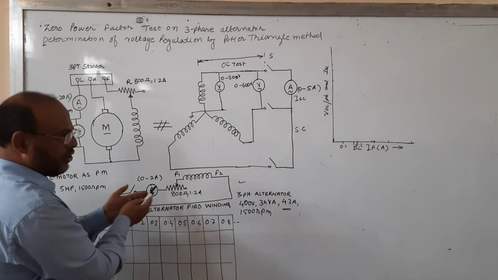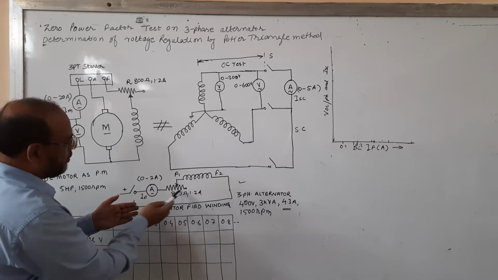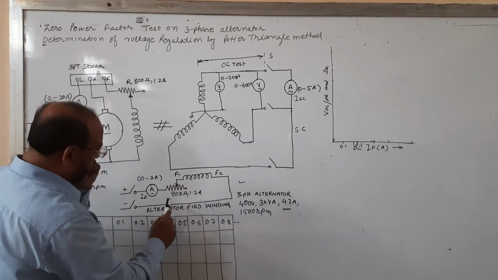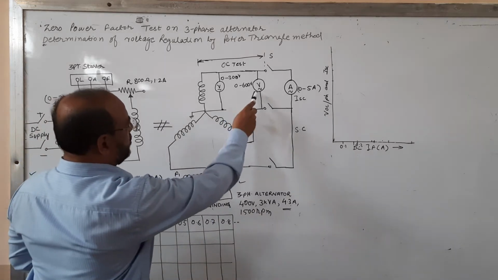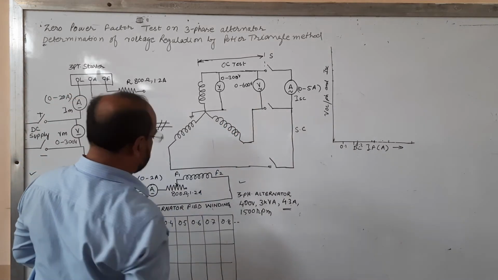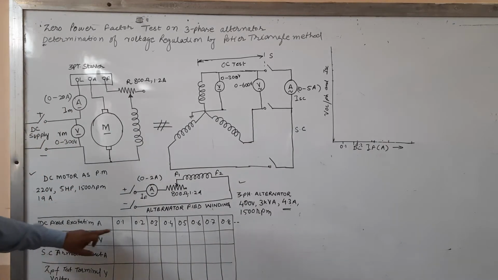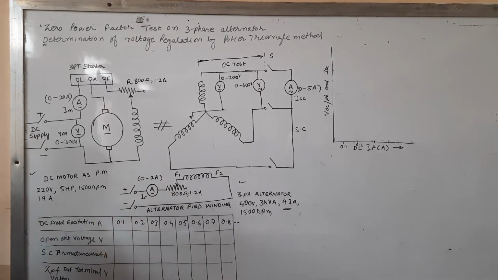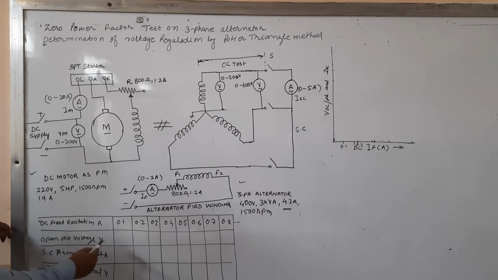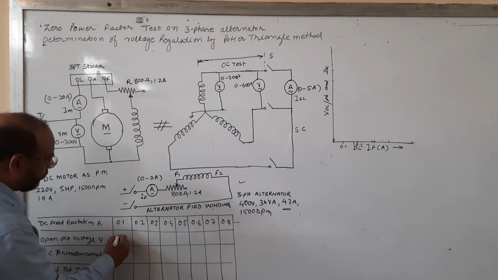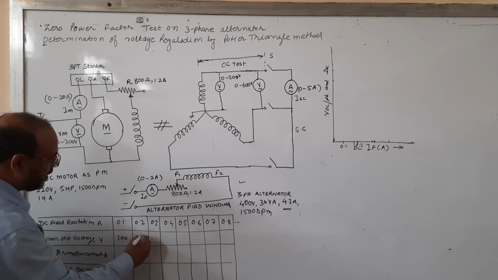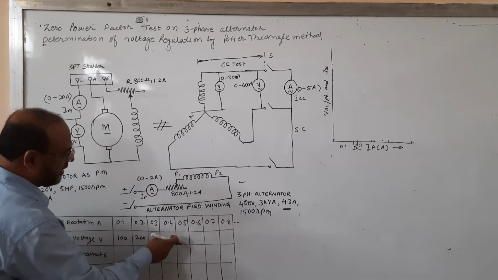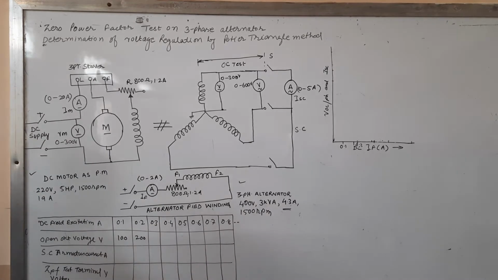First excitation is 0, and from the 0 value, 0.1 value, 0.2 value, as per the excitation we will slowly increase the excitation and write down the corresponding reading of phase-to-phase voltage. For example, the observation table consists of DC field excitation 0.1, 0.2, 0.3, 0.4 and so on, in ampere. Whereas we are going to measure the open circuit voltage, so it will give say 100 volt, then maybe 200 volt and so on. So the first part is linear and after that there is a saturation region.